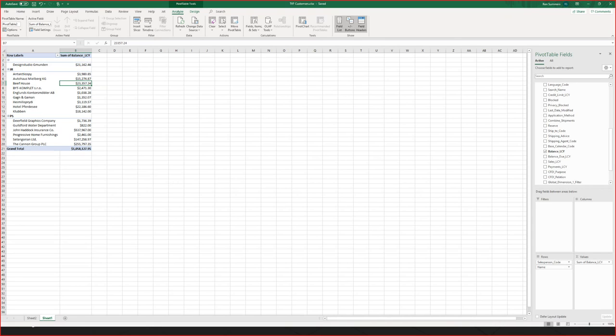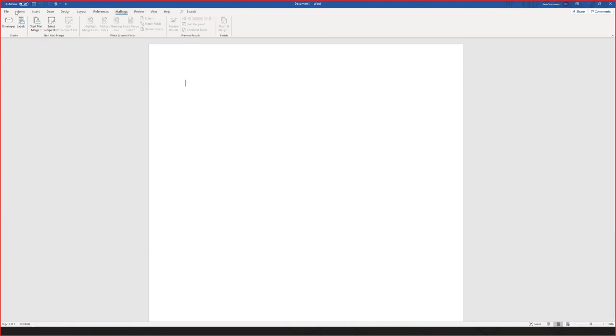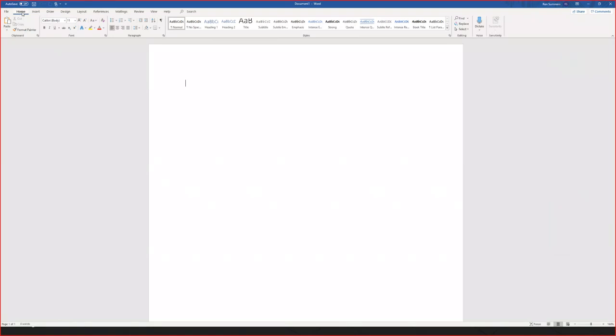All right, so now the next step is Word integration. We start with a brand new Word document, and you say, okay, I've got data in Excel and I'm able to extract that. Now I want to come into Word and connect to that Business Central data to do some documentation in Word. Word doesn't have a direct data tab just like Excel does. I can't just click data and connect directly to it.